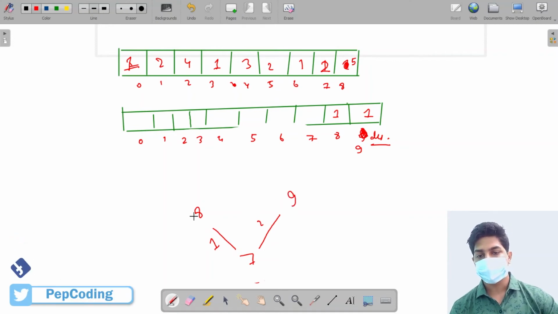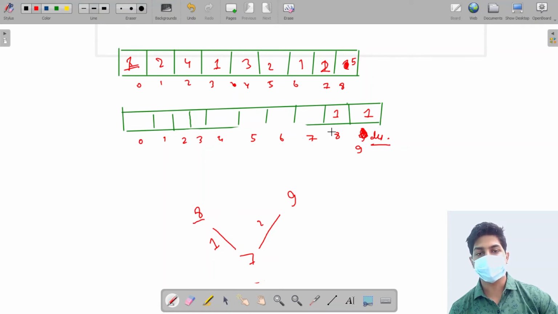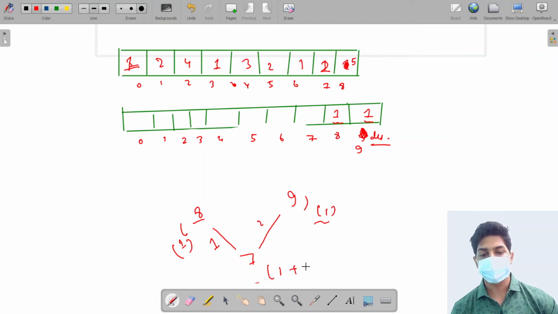I ask the 8th stair, how many ways are there from you to reach the destination? The 8th stair says there is only one way, so it returns me 1. I take a jump of 2 units, I reach the 9th stair. I ask the 9th stair. It says one way, that's not to go anywhere else. The total number of ways for 7 will be 1 plus 1, that is equal to 2. Let's see what those ways are.